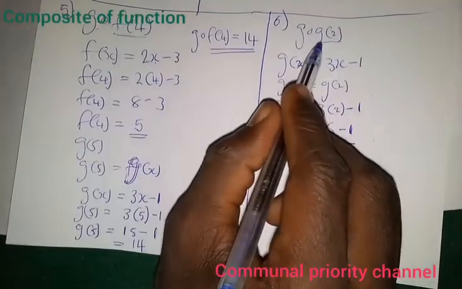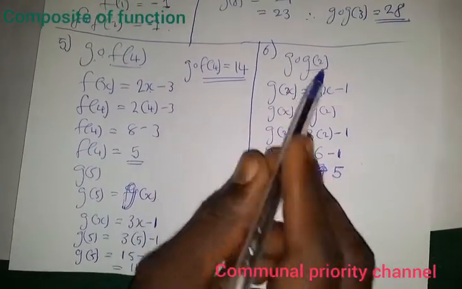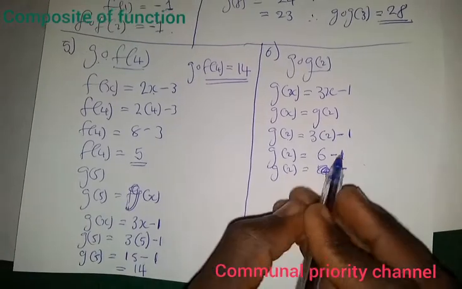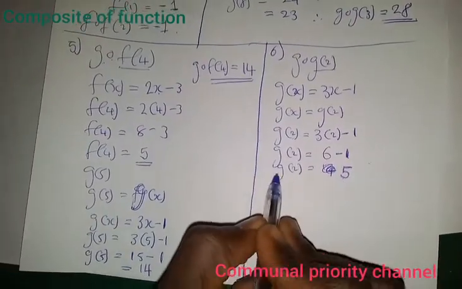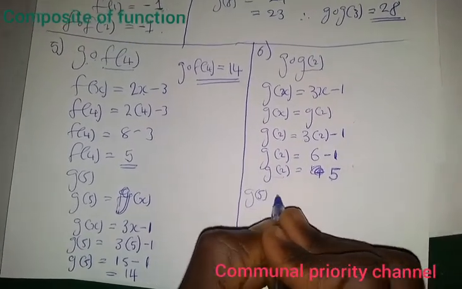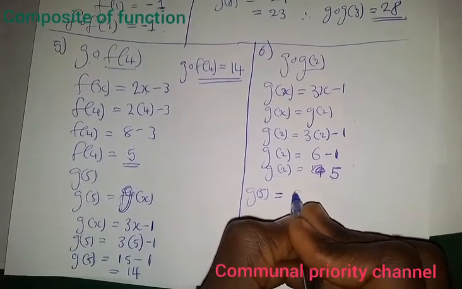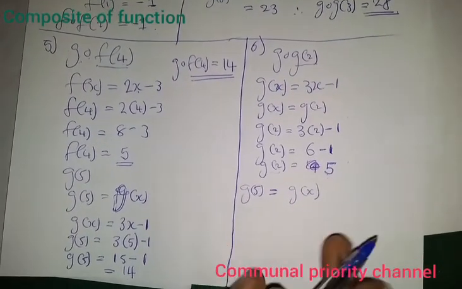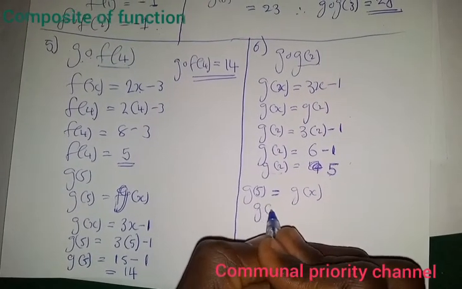Since we knew our g of 2 now is 5, we are moving to the next one, which is g of 2. Since our g of 2 is 5, we don't need to put this g of 2 anymore. We'll just substitute with this 5. Now our g of 5 is equal to g of x. We're going to put this value of g of 5 in the equation of g of x. And we know the equation of g of x is